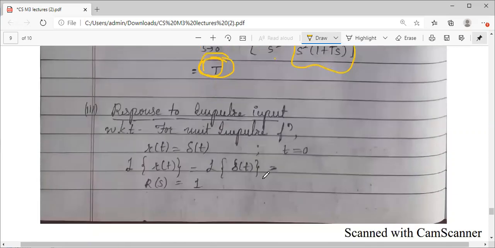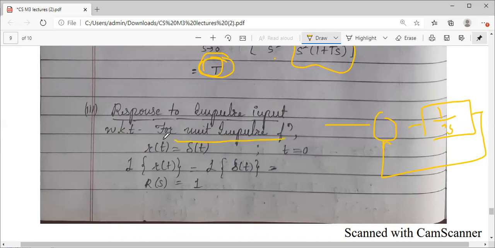Now coming to the third one, the most simpler one, I guess. When I apply the same consideration of the system, same consideration means you have the input, you have a forward gain 1 by Ts. Okay, same block diagram I'm considering. There is a feedback. For this, I want to find output क्या होगा when I apply impulse as the input. I think ये आप impulse response भी बोल सकते हो इसको.